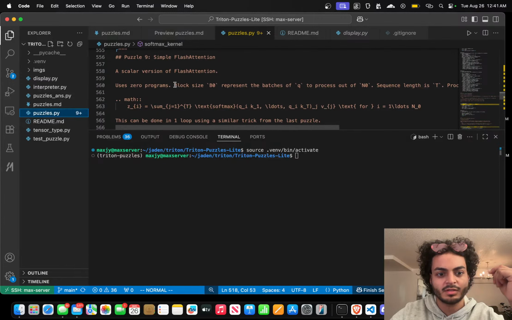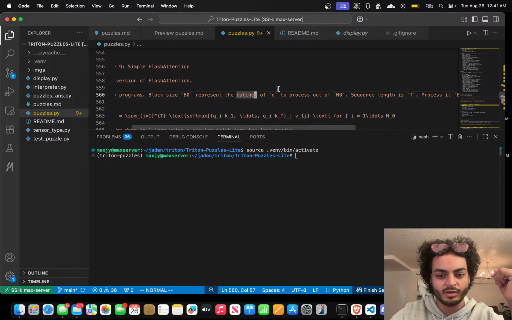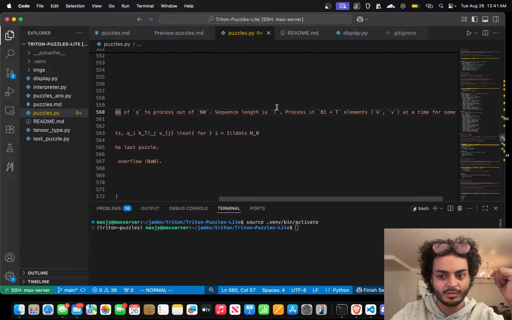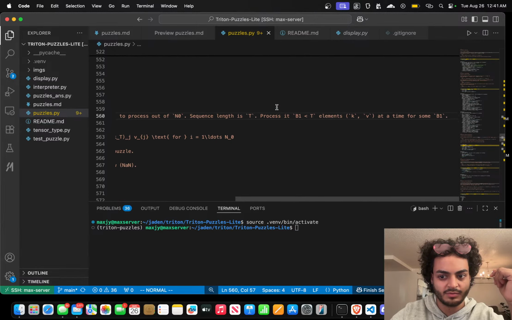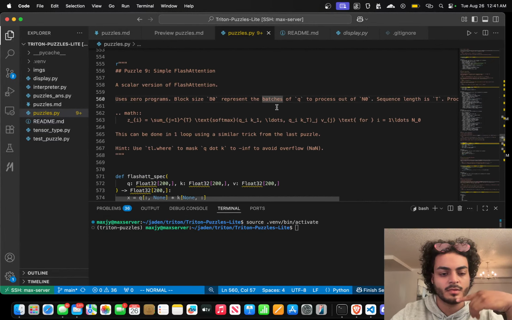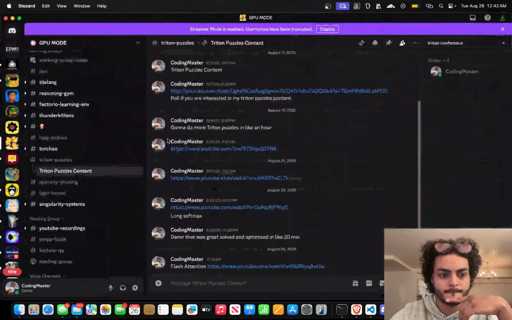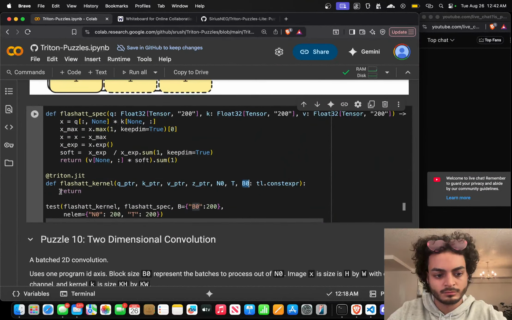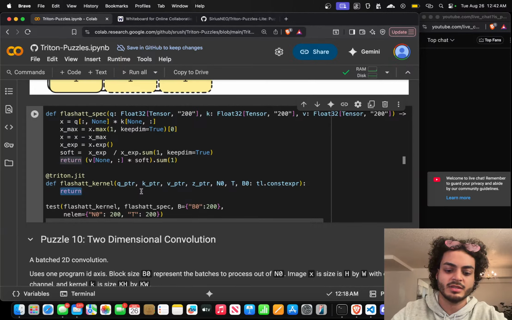Use zero programs. Block size B0 represents the batches of Q to process out of N0. Sequence length is T. Process B1 less than T elements, KV, at a time for some B1. Oh, just choose a B1. Okay, I'll just choose like 4 or something. So, first we say B0 is